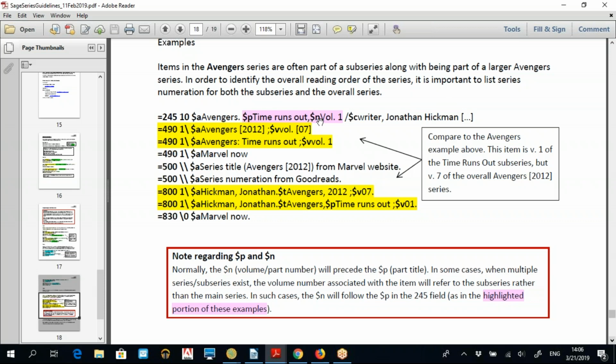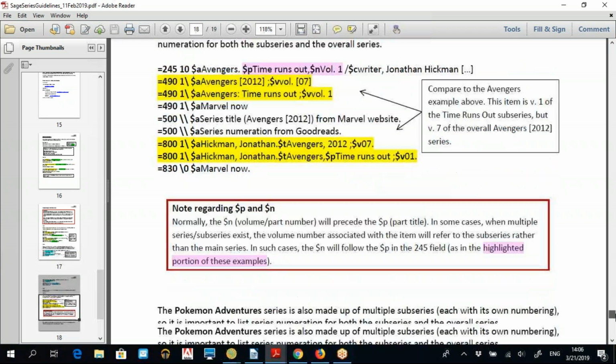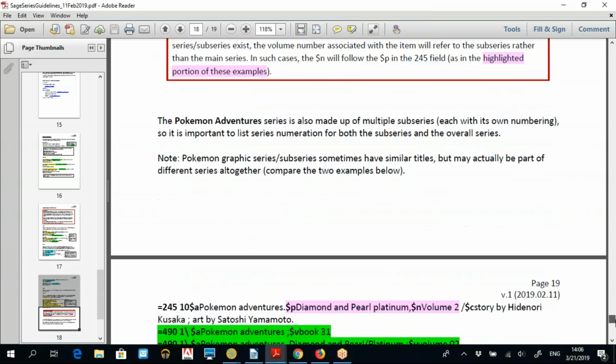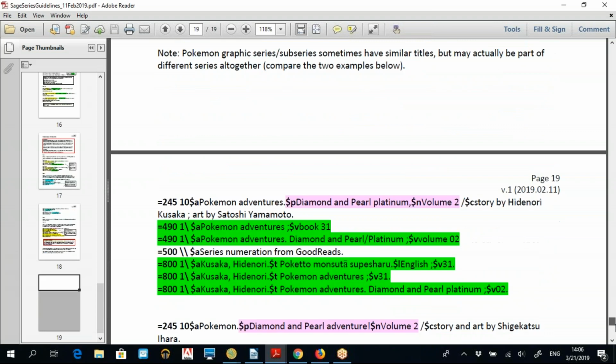With some graphic series, however, we find the order is different, because in this particular case, it's actually volume 1 of this particular kind of sub-series, Time Runs Out, of the Avengers, and it's really important to pay attention to this and get the right order. This comes up with the Pokemon